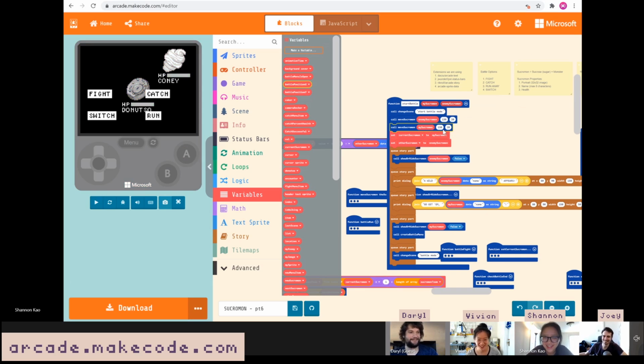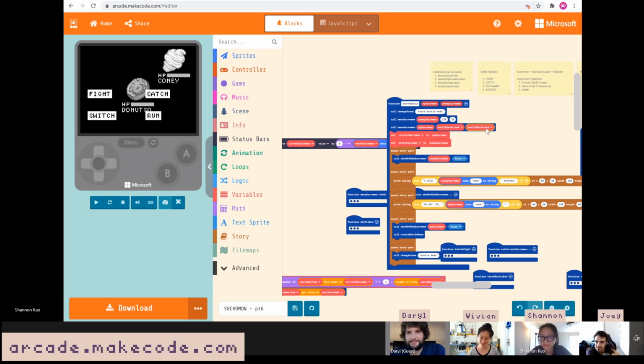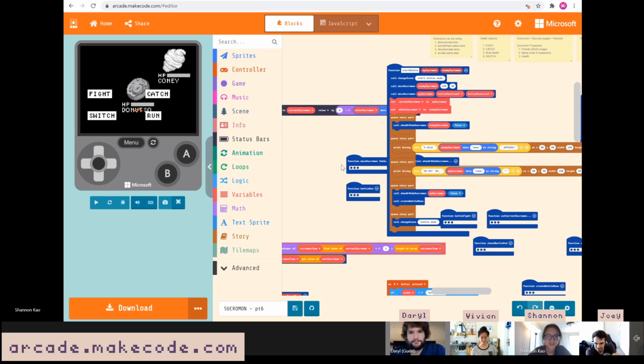Okay, battle position X. And then this one should be battle position Y. Cool. At least they are alphabetically next to each other, which is convenient. So that's our battle. And the other thing that was happening, well, I guess I'll wait for this guy to